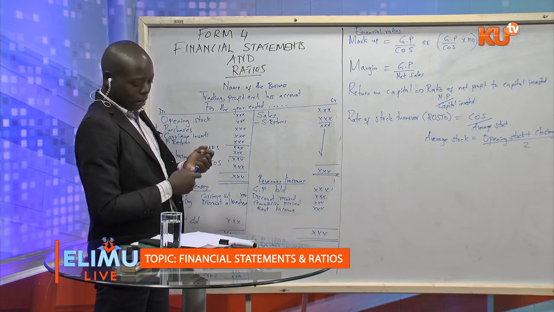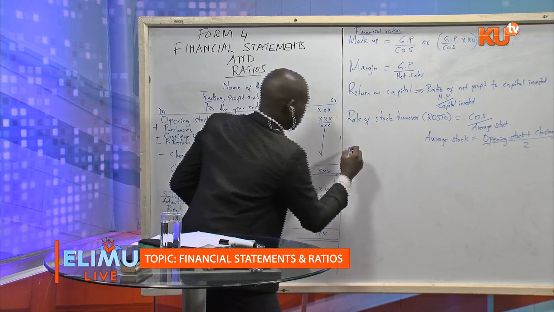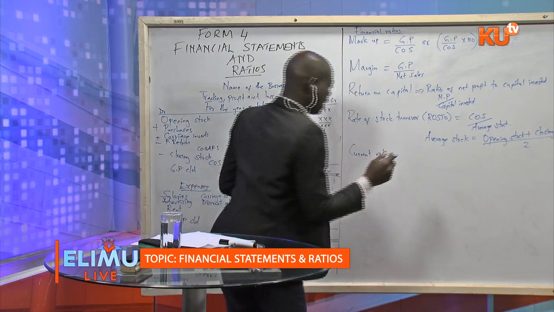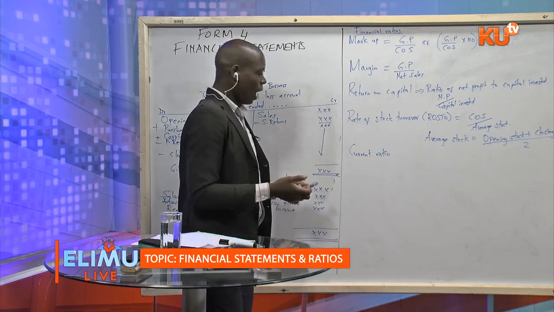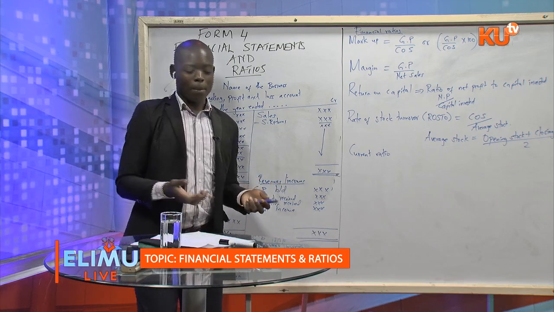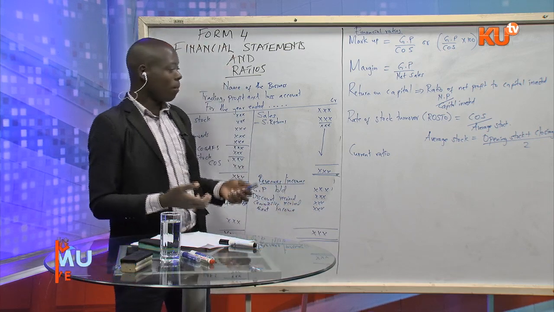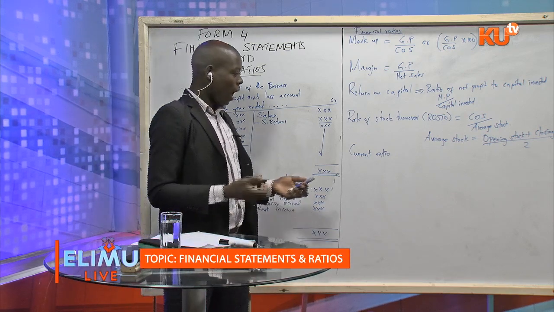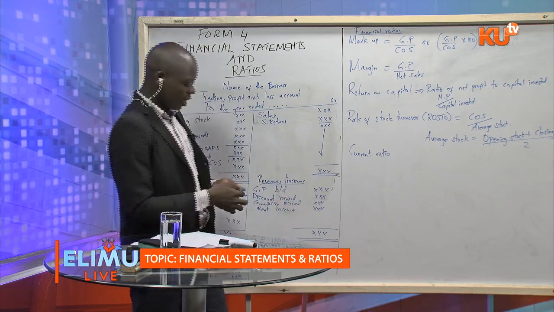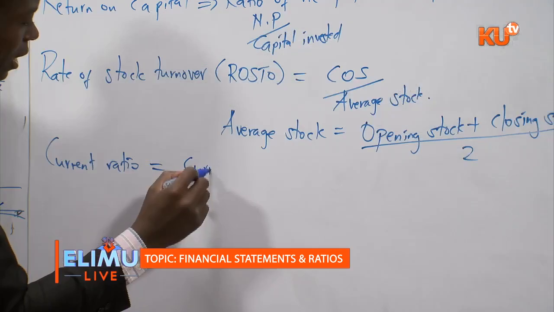So those are important ratios that we need to look at in the calculation. Maybe we need to also add what we call current ratio. Current ratio is used to show how the current assets are behaving against current liabilities. Remember, the more liabilities you have as a business, the more troublesome you are. So you need to see how the current assets and current liabilities compare, and that ratio is called current ratio, given by current assets